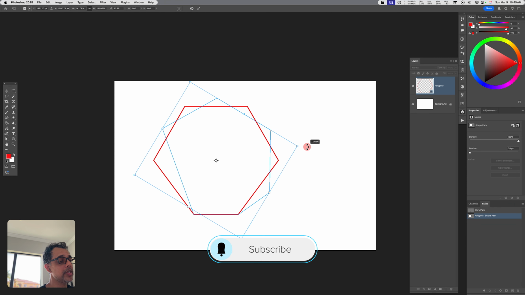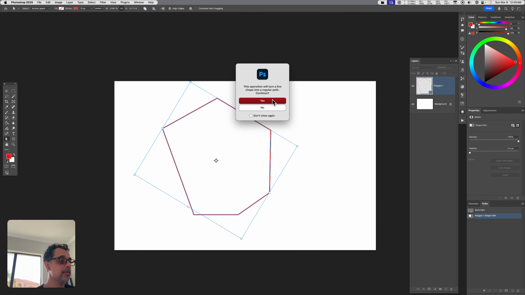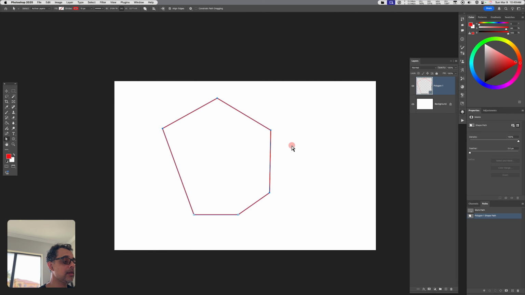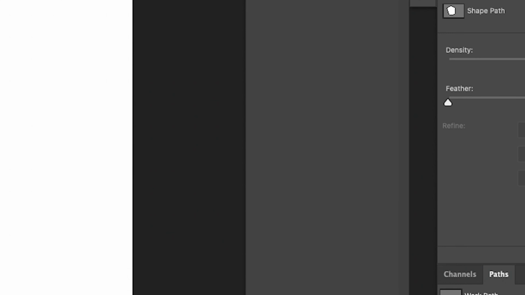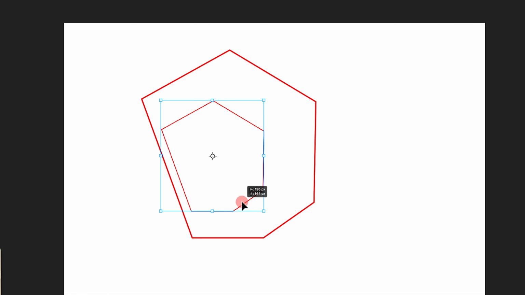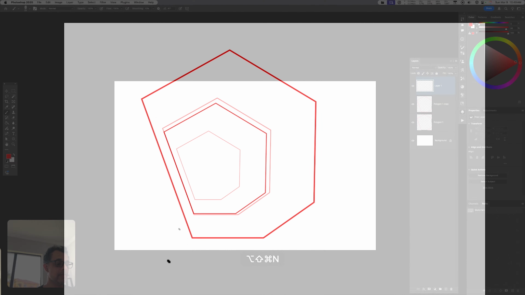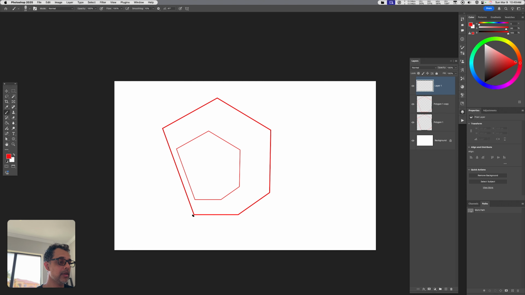I can even rotate it. Get some really weird angles that I can hit enter. And now I've got this really amazing looking shape. And then I can also rasterize the layer, hit Command J, Command T, and I can create some kind of interior. The fastest way that I found to create an interior using straight lines, because it's difficult to create diagonal